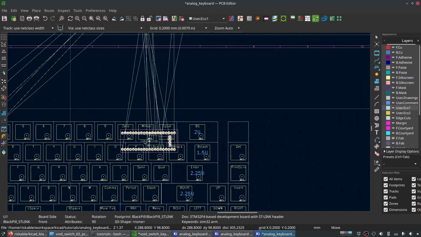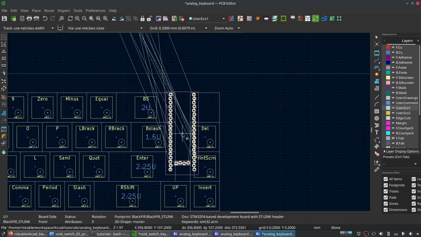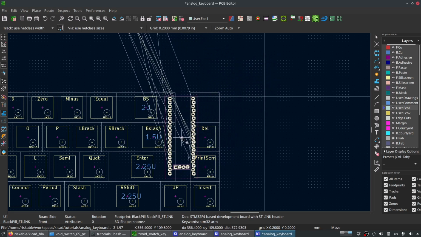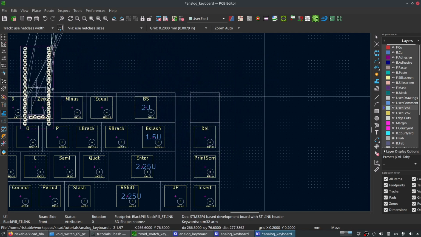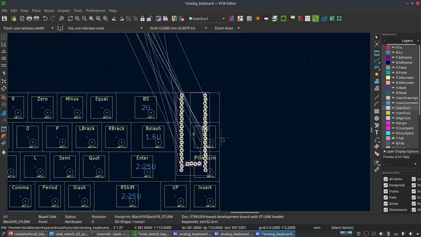If I go ahead and move this down here, and by the way, the USB port is the opposite side, so these are the ST-Link headers down here. The USB port's going to be up here on that side for reference. So wouldn't it be nice if we could just squeeze this in here, right? Instead of having it take up all that space. You can do that, there's nothing stopping you. Just put it here and then move these keys